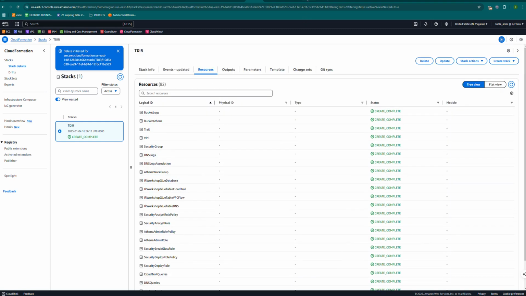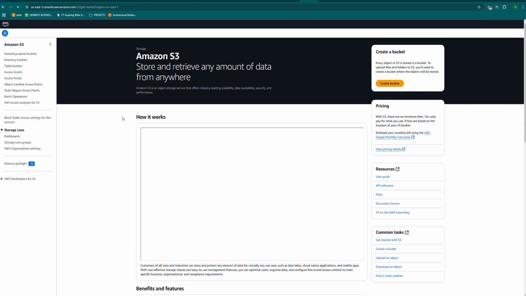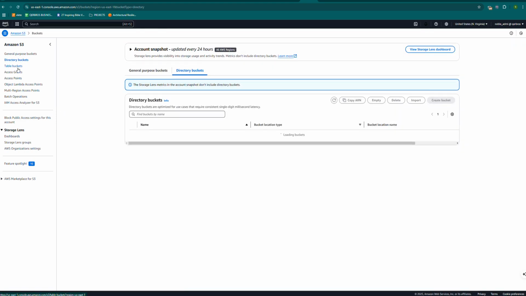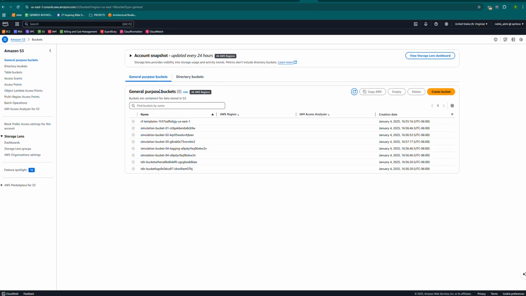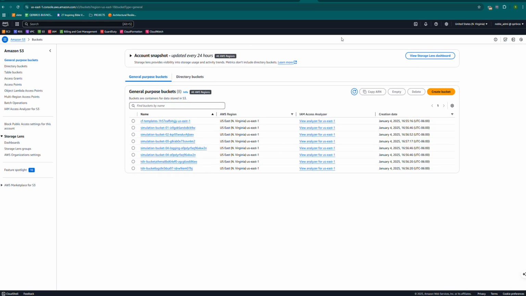You can check some of them if you go to S3, for instance. You should be checking that the creation of all these buckets was successful. And so our solution is ready. Basically, what we've created is a detection and analysis environment to investigate security events in our environment as they happen,